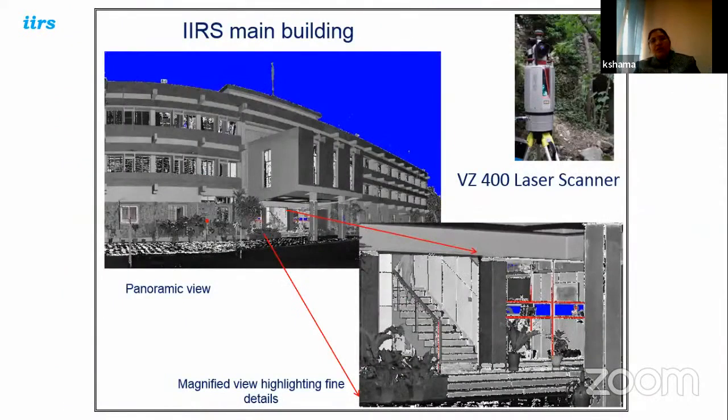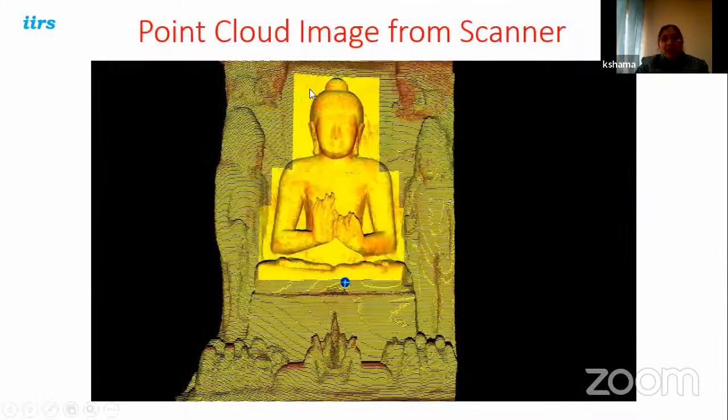Now there is one more technology. I have told you LIDAR. So there is one terrestrial LIDAR which can be utilized for capturing the 3D models of area in very much detail, because this LIDAR has the capability of giving you even millimeter level details. So this is very good for your heritage site.